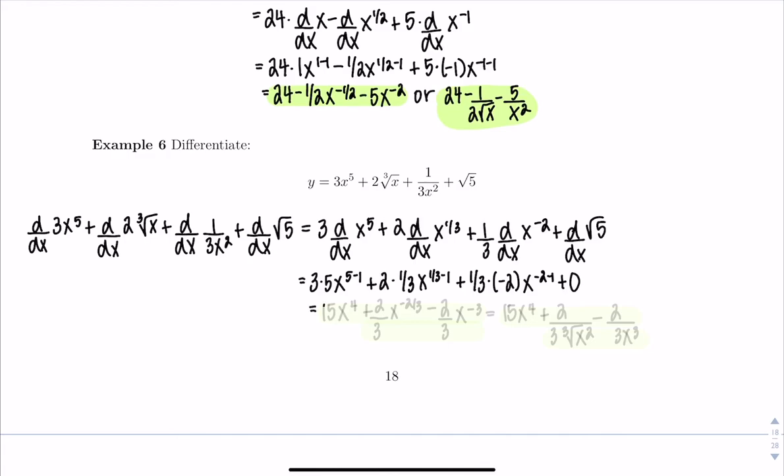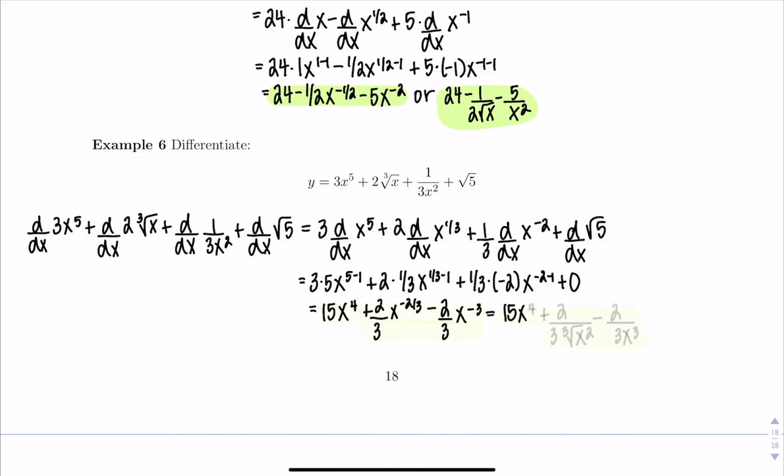So we get 15x to the 4th plus 2/3 x to the negative 2/3 minus 2/3 x to the negative 3, which can be written as